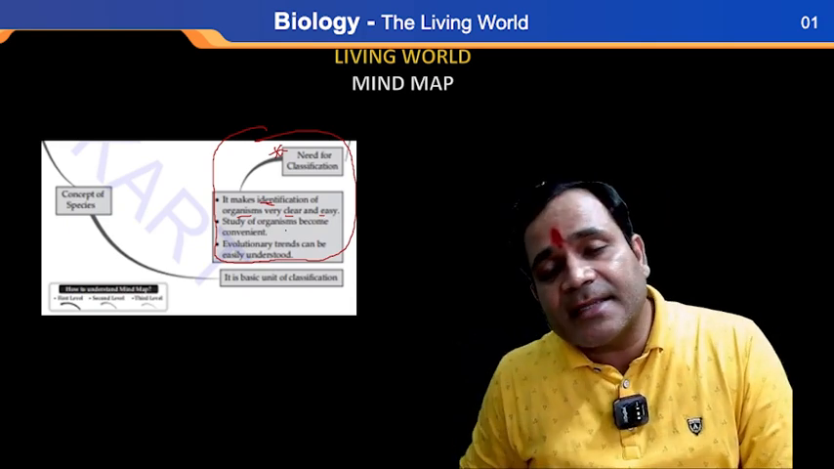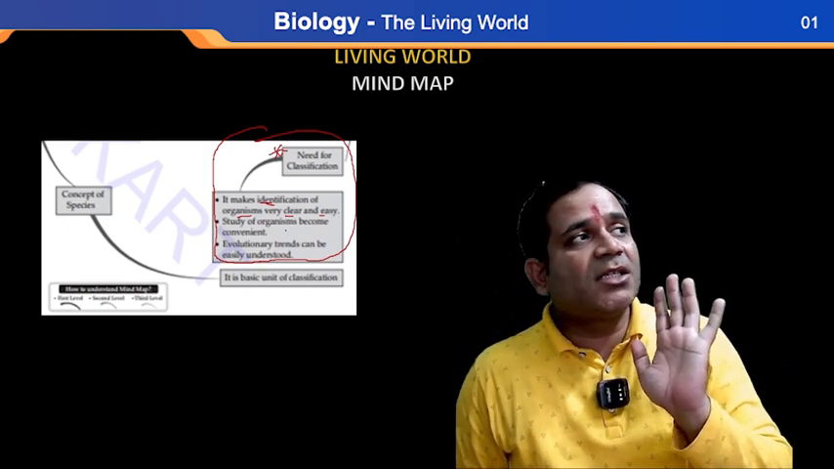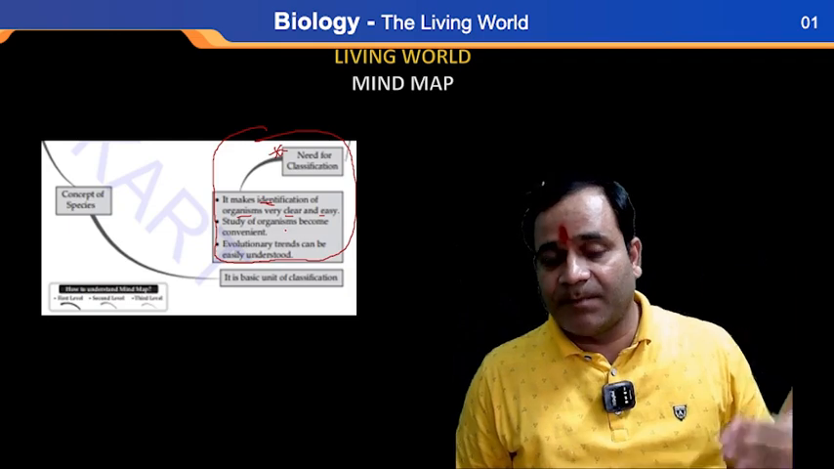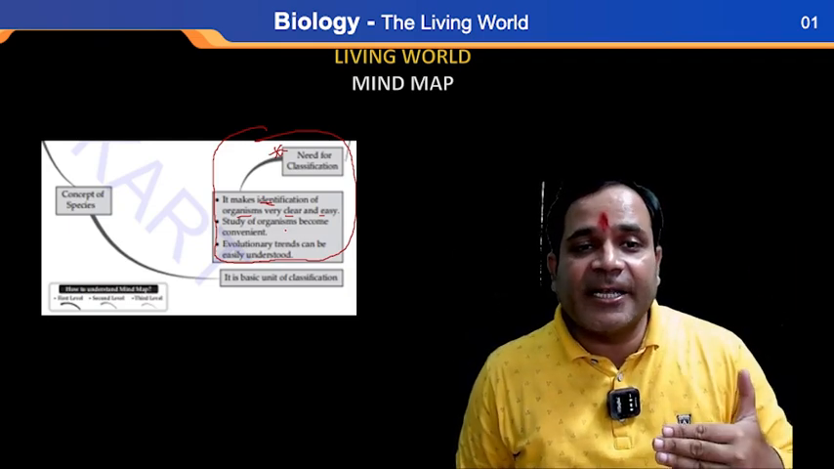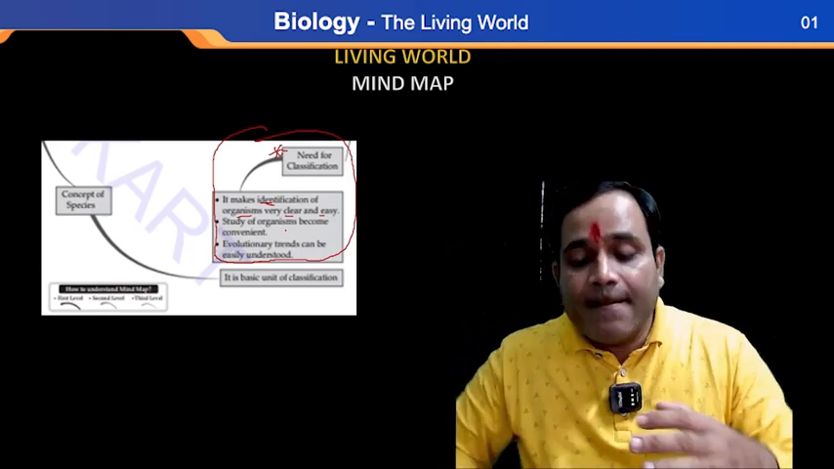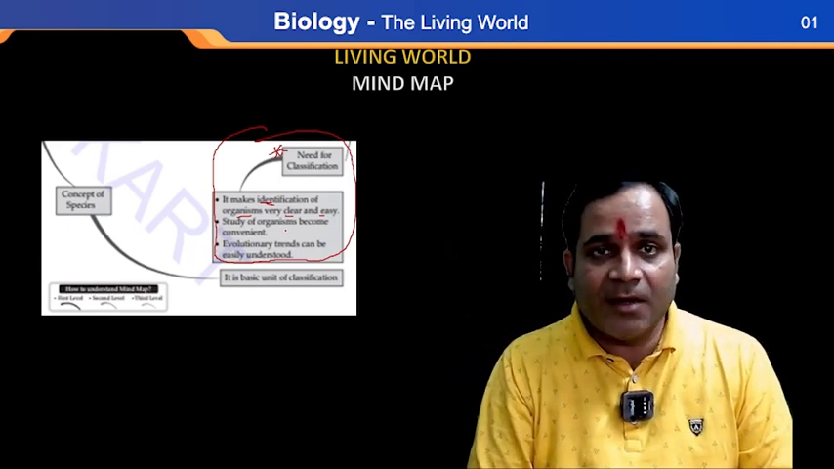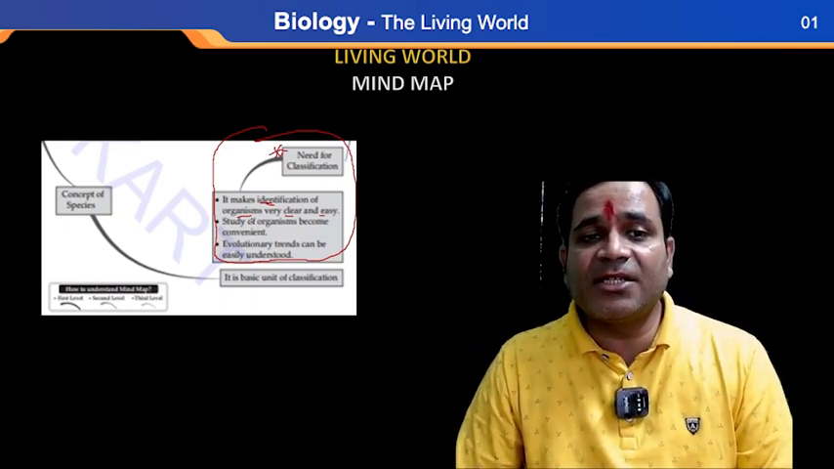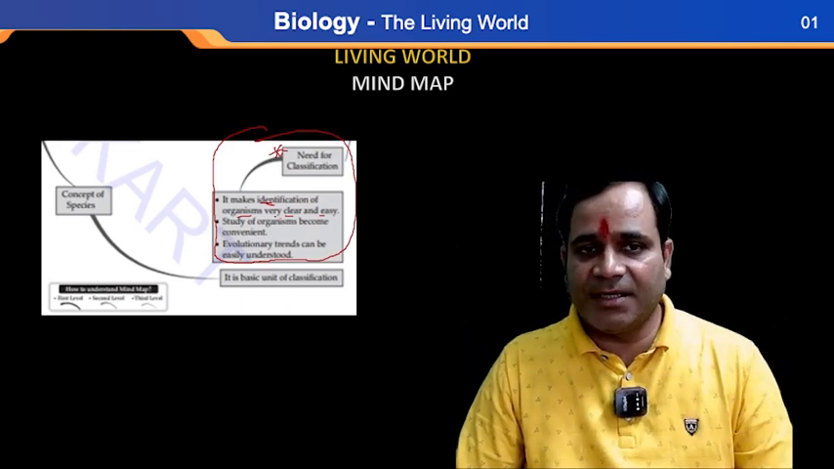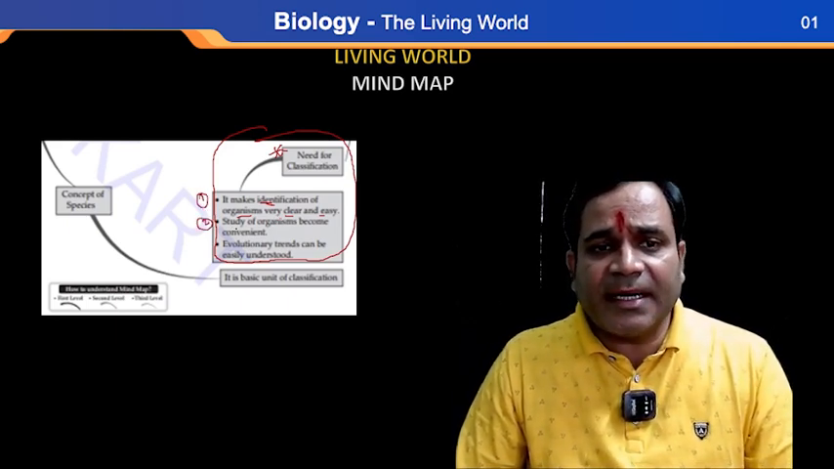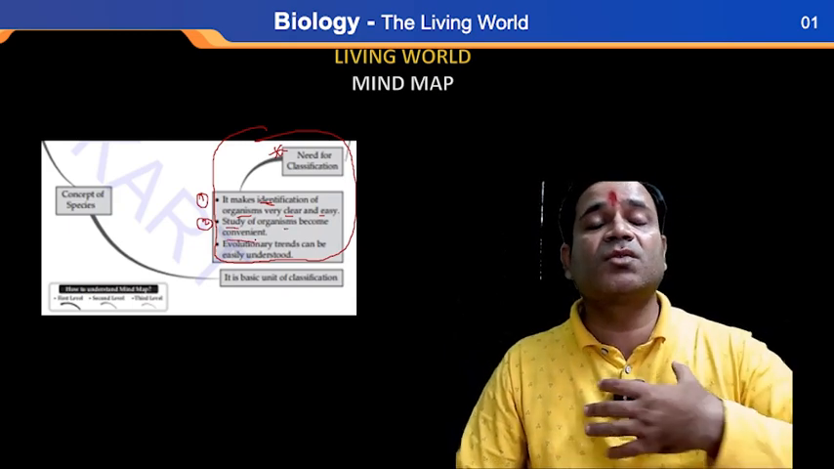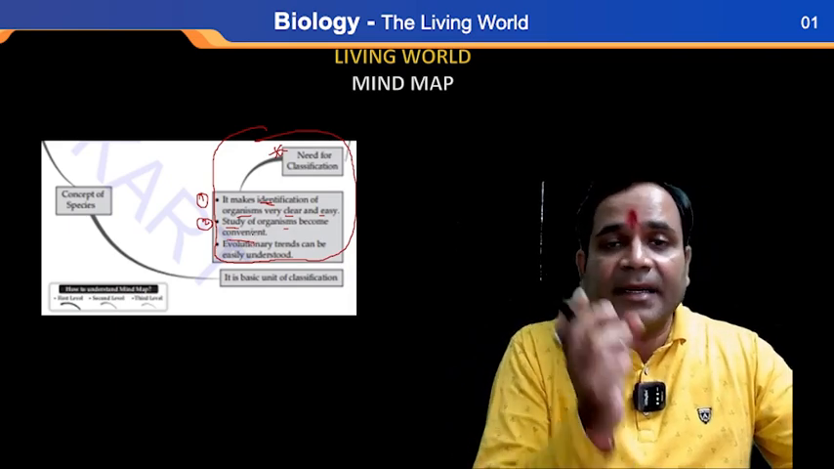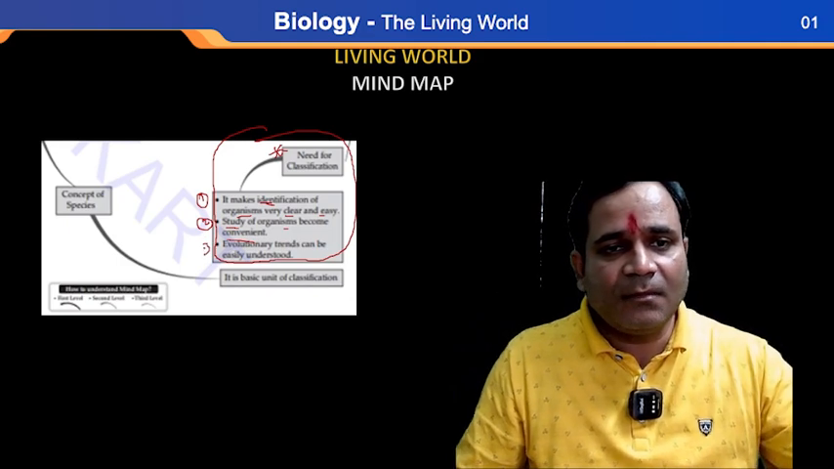So without classification, is it easy to go through those organisms? No, my dear, that is not easy. So first of all, we must be clear about the need of classification. Number one point, it makes identification of organisms very clear and easy. Second point, the study of organisms becomes convenient. Whenever we study any organism, it must be easy to understand those things. Okay, now the third point